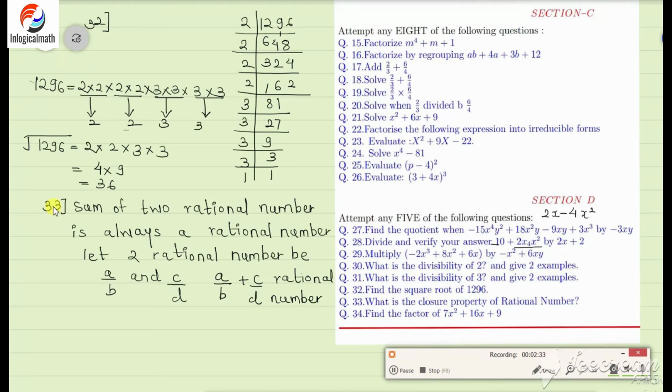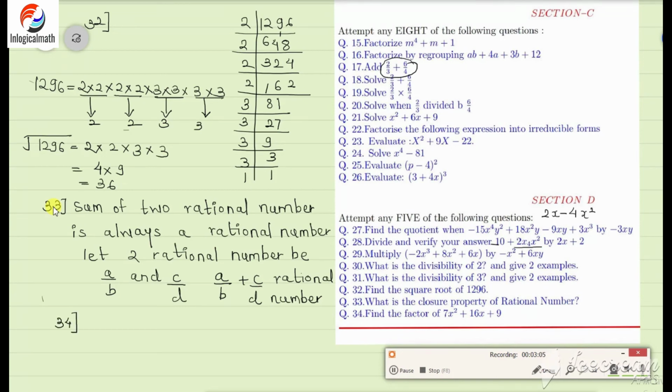Now we will go for question number 34. Before that, on your own, you can give one example of rational numbers because section D is of 4 marks. Each question carries 4 marks. So give one example. Take 2 by 3 plus 5 by 4 and find their addition. You can take this example also if you want. Write that example here, so you will get 4 marks. If you don't write, you will not get 4 marks.